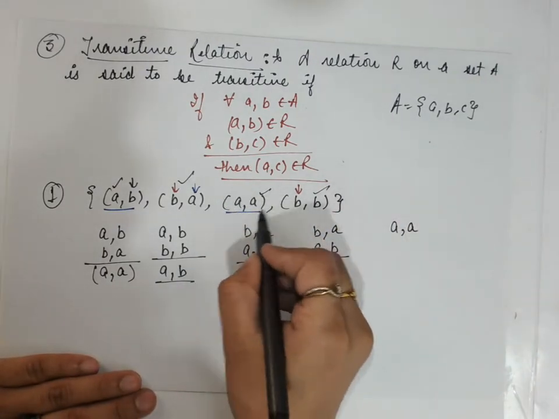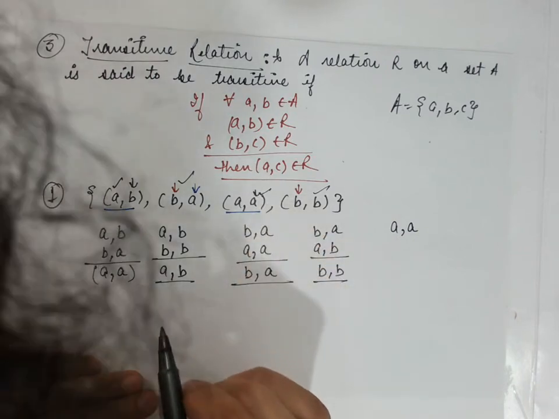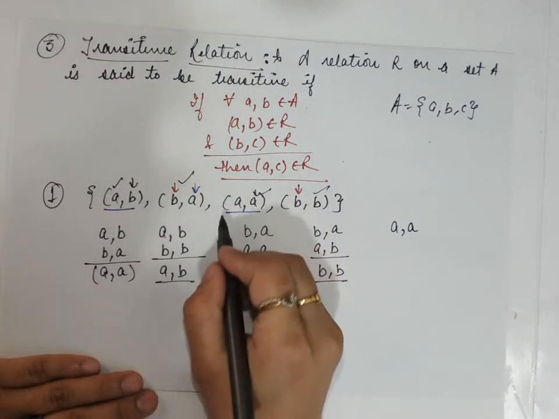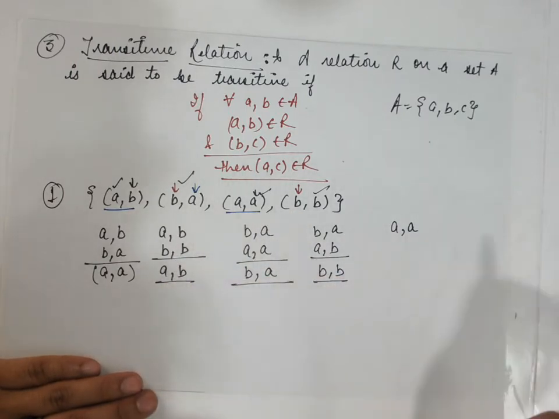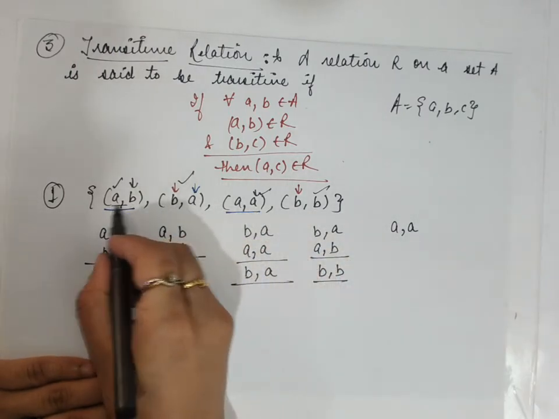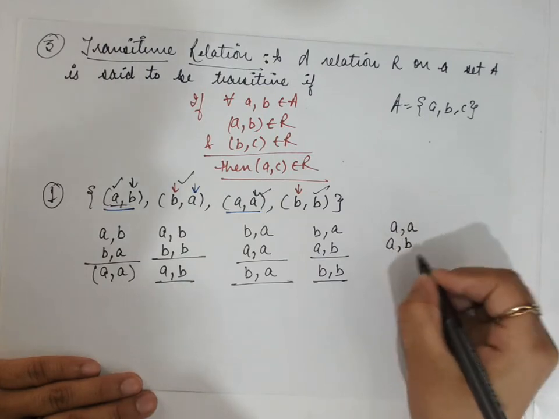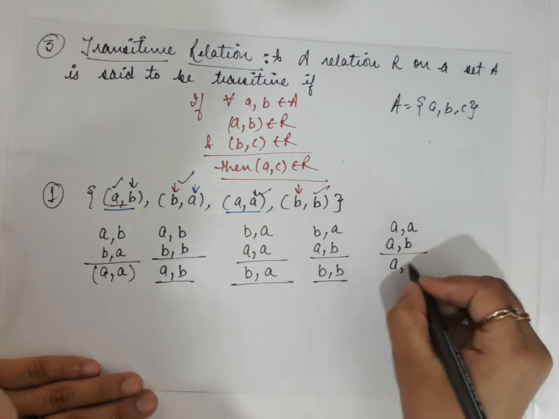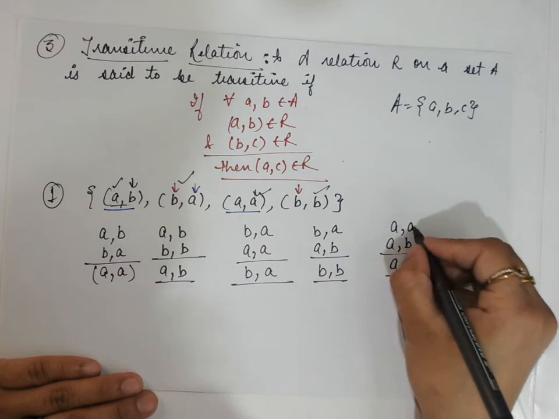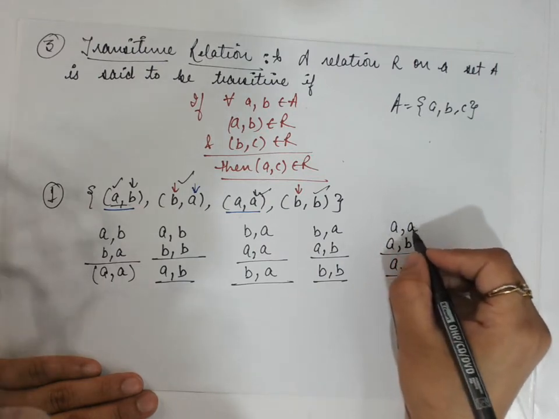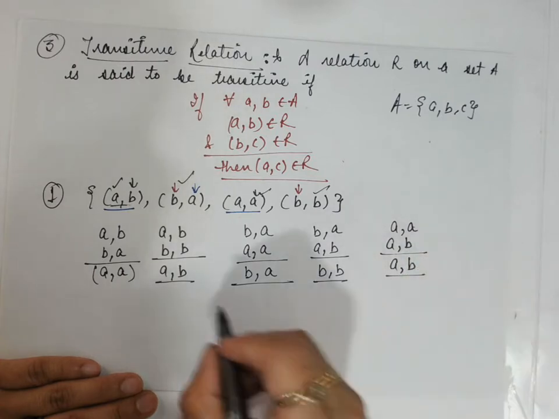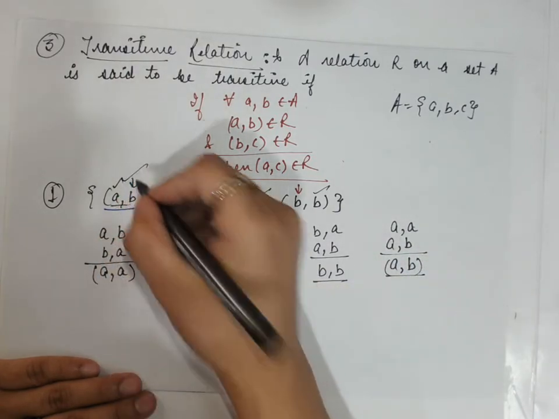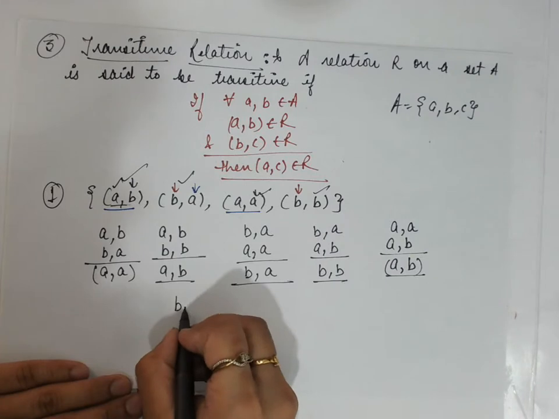This is the second element of this ordered pair, A. Is A the first element of any other ordered pair? Yes. Here I have to check AA for AB. Here, for a transitive relation, A is related to A, A is related to B, then A must be related to B. Is the ordered pair AB present? Yes. Now the last ordered pair is BB.